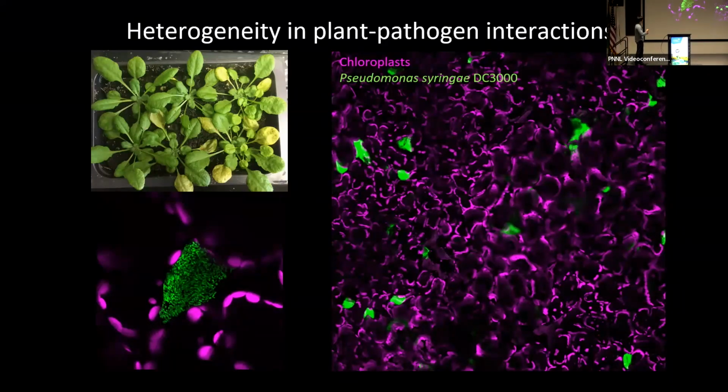Here's the model system that I present today. I use the Arabidopsis leaf as a model host and Pseudomonas syringae as the model bacterial pathogen. Here's a confocal image showing this pathogen invading the host leaf. The pathogen expresses GFP, and you can see the patchy distribution of bacterial colonies. Each colony looks like this, packed with a bunch of bacterial cells. So I think just this image will tell you a lot about how heterogeneous plant responses might be when infected